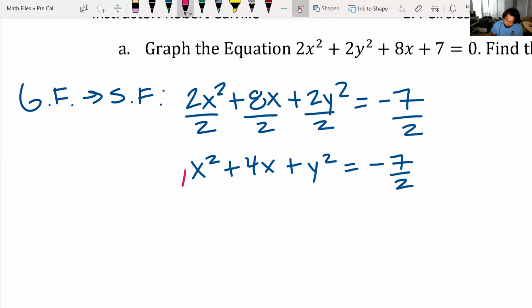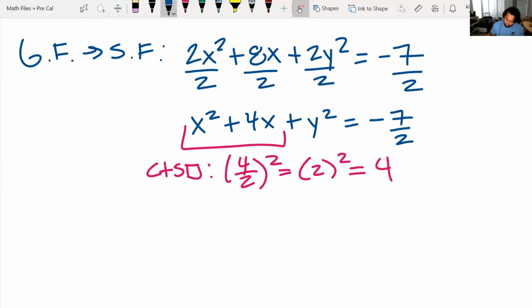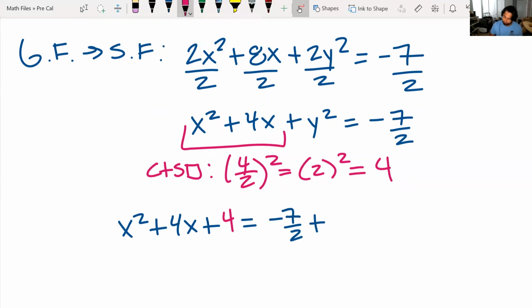So the only thing we need to do is complete the square on one of these terms, which means this term. So it's set up perfectly. The leading coefficient is 1. So CTS, we say 4 over 2 squared gives me 2 squared, which will give me 4. Now we add that number to both sides. So x squared plus 4x plus 4 equal to negative 7/2 plus 4. All right. And then factor